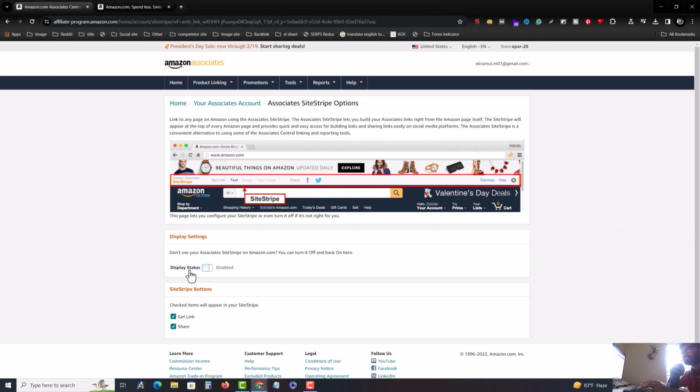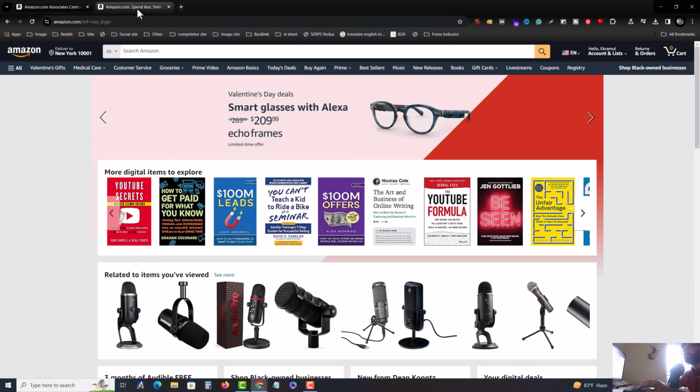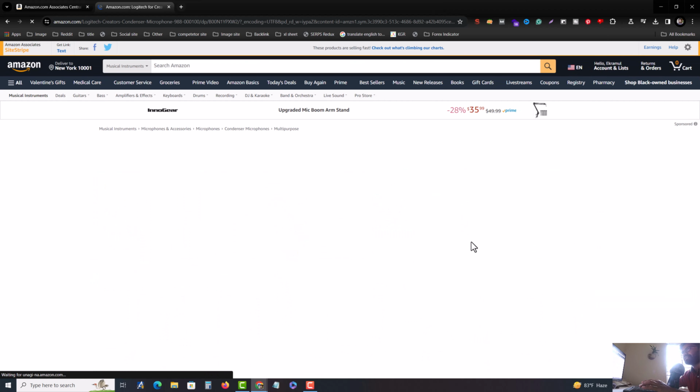and you see display status is disabled now, so you have to enable it and check mark this option also, Get Link and Share. Share means you can enable sharing on Facebook, Twitter or different social media actually. And go back to my Amazon account and reload my account, and then you can see my text appears enabled now. Now go to any kind of product